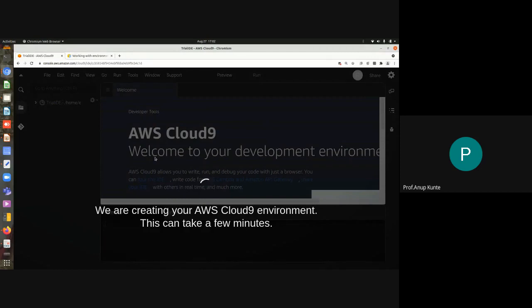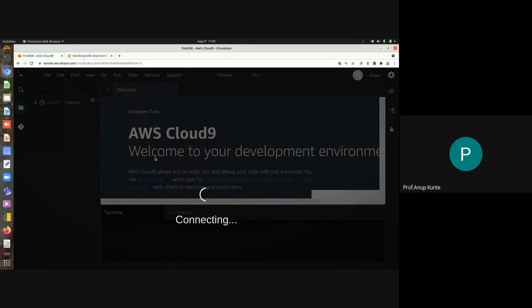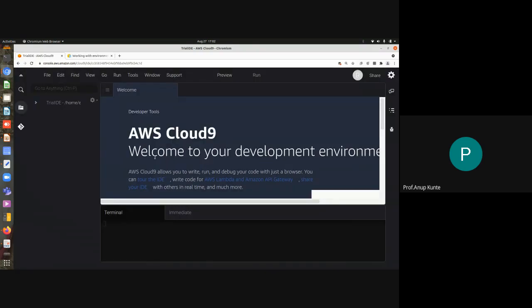Okay, so फिलहाल you can put your roll numbers in the chat window. Meanwhile, as it settles down, it will take maybe a minute or so. It depends on which Amazon region you are creating this integrated development environment in. And if you are using student tools, that is the AWS academic website, and doing these experiments, you should use, I guess, the US East Coast region only. Okay, that would save you a lot of headaches afterwards. कौन से headaches होते हैं मैं बाद में बताऊंगा, अभी नहीं बताने वाला.